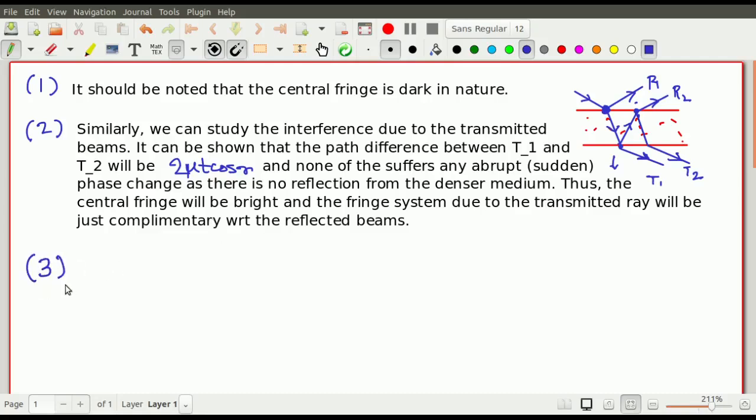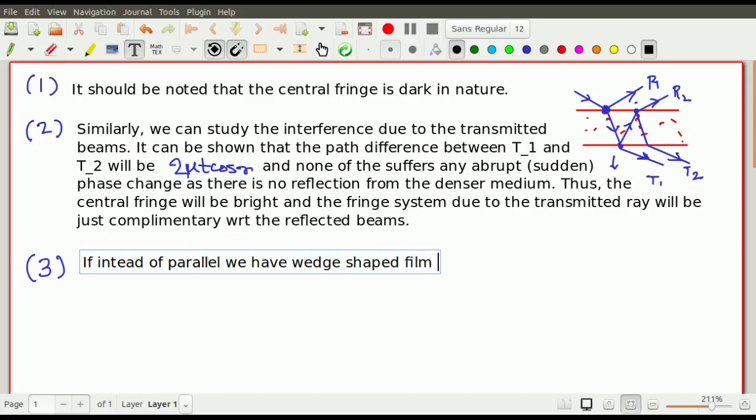Okay, now there is a calculation for a wedge shaped film. Instead of a parallel film, if we have a wedge shaped film making wedge angle alpha, then it can be shown that